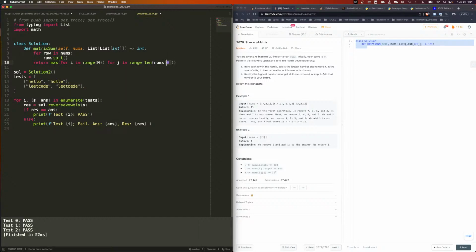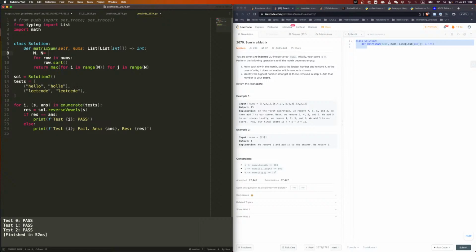Let's do m and n. Mn equal to nums. Right, and then for i in range nums, we'll get nums i j. Okay, now we get the maximum of this, and we find the sum of this.